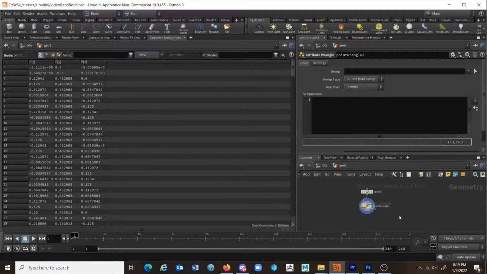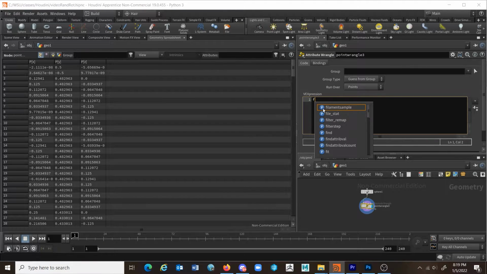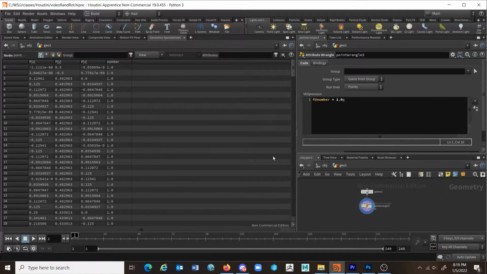So let's look at something. So we can already see that the sphere has a position, and so let's just create our own attribute, and let's just get some numbers in here that we can see. And so, by the way, this is point num 0, point num 1, all the way to the total amount of points that we have. Okay, so if I did something like float at, and let's just call this number, is equal to 1.0, and don't forget the semicolon. And so if I did that, this would create an attribute for every single point that has a value of